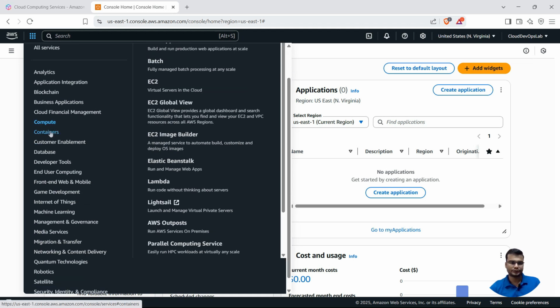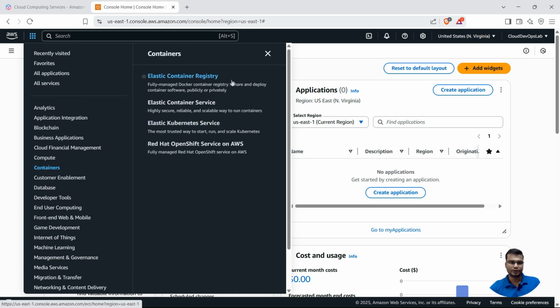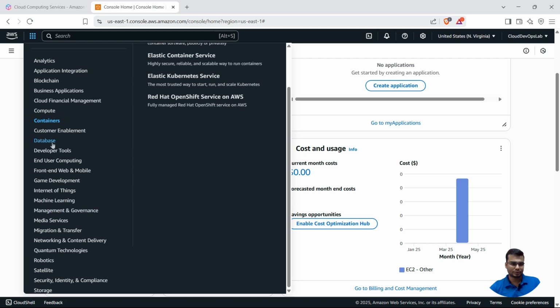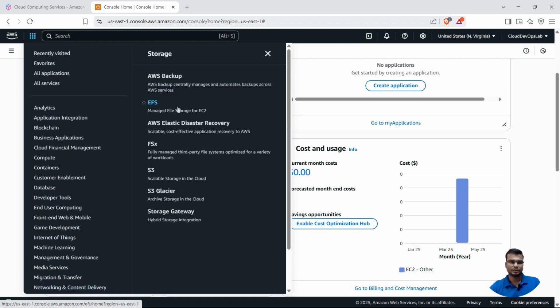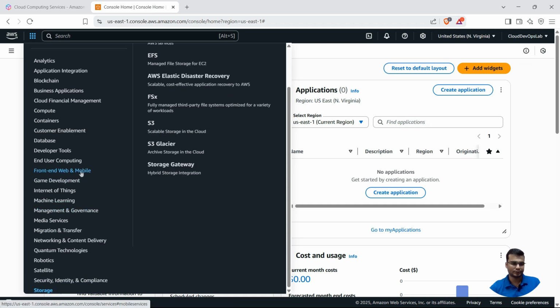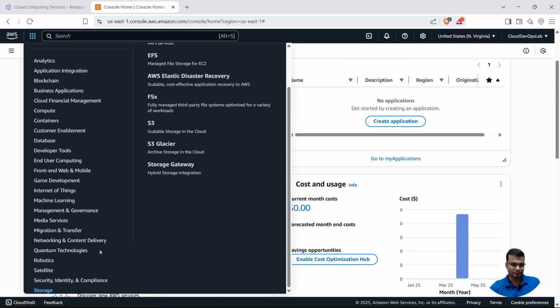Okay, for containers, Elastic Container Registry, Elastic Kubernetes Service. There are so many services available here. For storage, we can see S3, Glacier and AWS Backup. For all the applications like blockchain, compute, containers, database, developer tools, front-end web and mobile, Internet of Things, so many